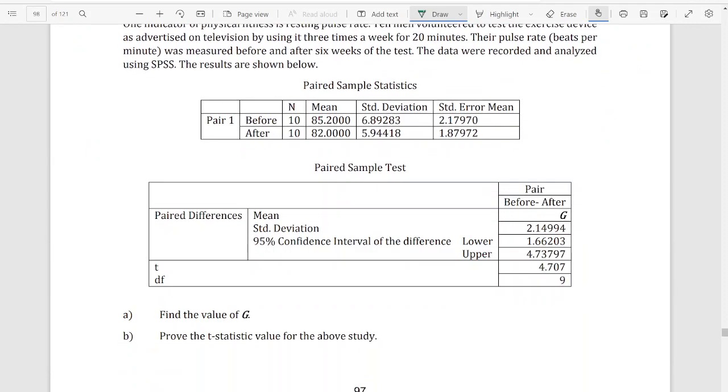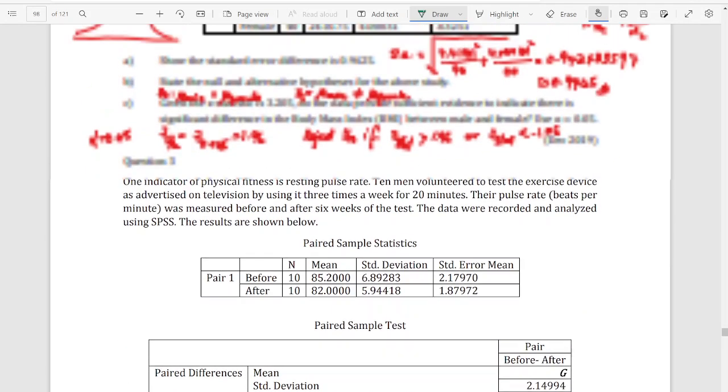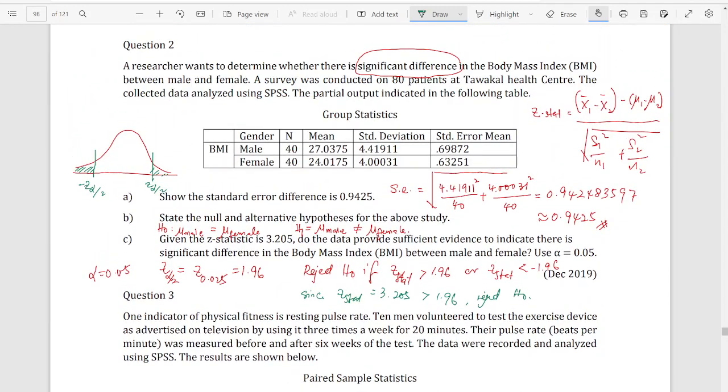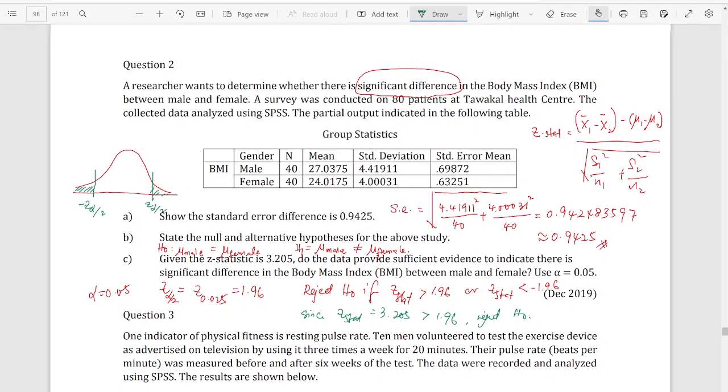Okay, the third one will be the PET sample statistic. So, sebelum kita pergi kepada yang the third one, saya just nak tunjukkan, okay, betul ke nilai Z ni kita boleh dapatkan 3.205. Okay, kalau ikut formula, Z stat ni adalah sama dengan, kita ambil dia punya beza, and then bahagikan dengan dia punya standard error tadi kan. So, tadi dah kira standard error. So, right now, kalau kita ambil dia punya difference, so the difference will be